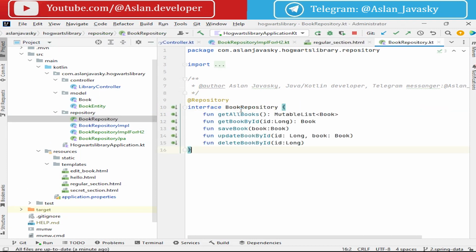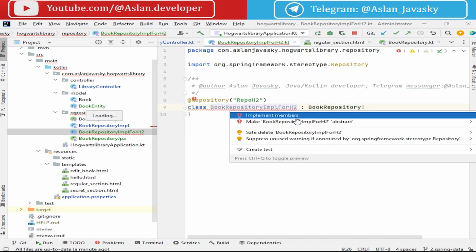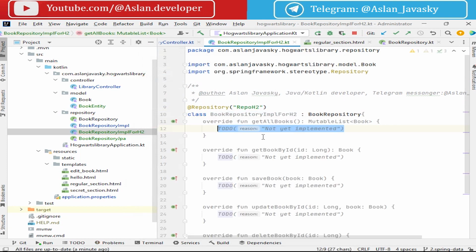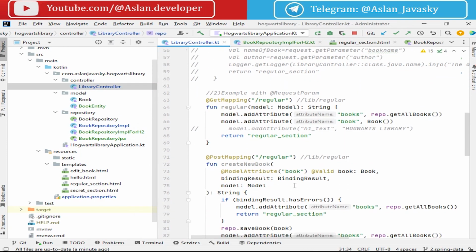So we have a book repository. Let's implement this method in the book repository. We will implement the same methods but with another implementation, but in this controller we don't change anything,